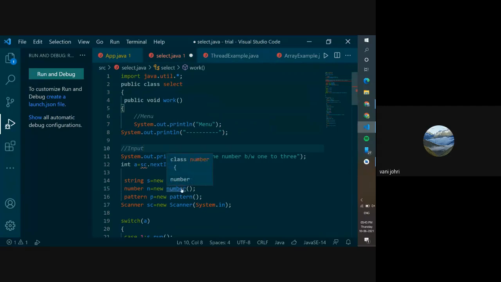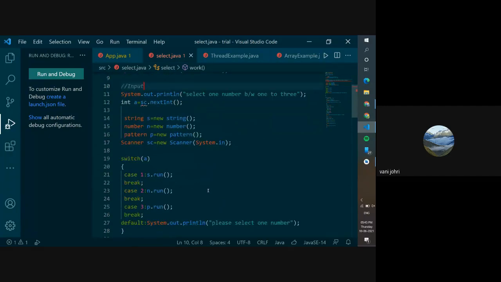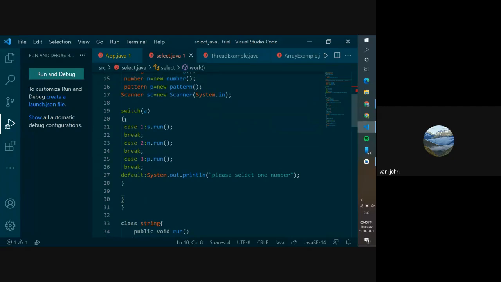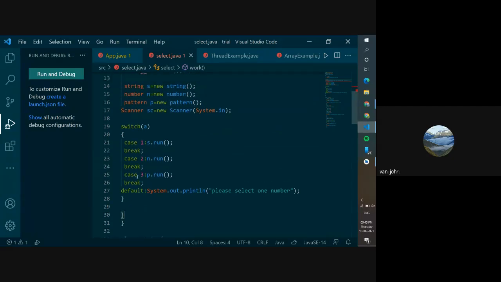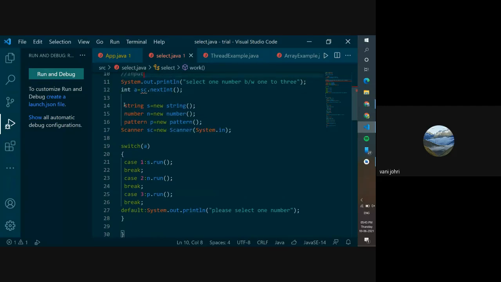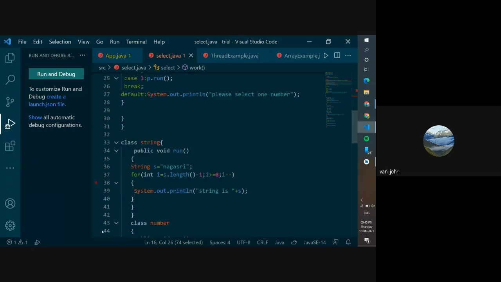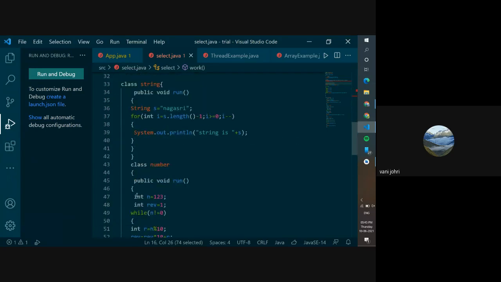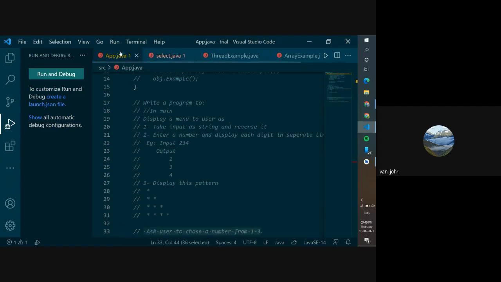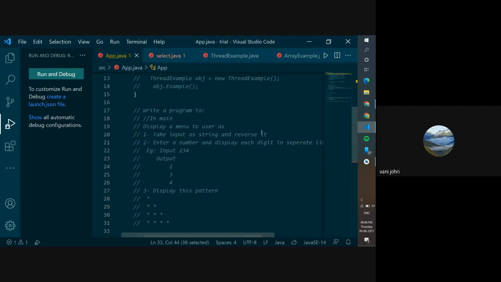So you do control save over here, and now you need to have a switch case, because according to whatever the user chooses, you were supposed to do an action. Okay, so you made different classes to make your code more presentable and easier to work with. You made a class string, and this is supposed to perform the first action. What was the first action? Take input and reverse it.